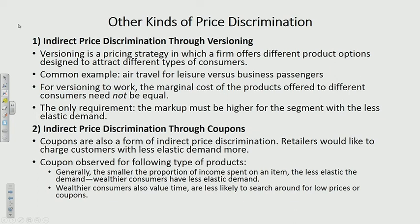Sorry? They're pricey, but they're good. Then she said, did you have a coupon? No, I know. If I had that, I would have used it